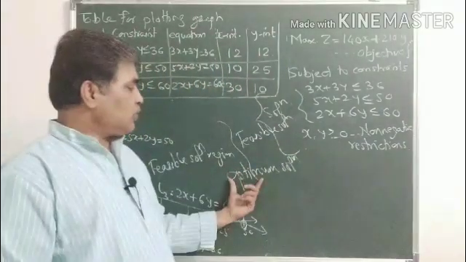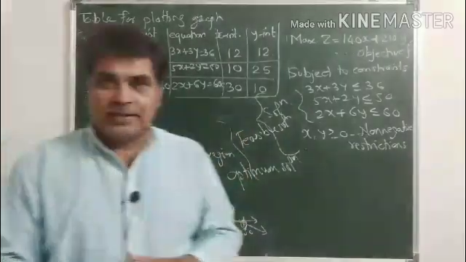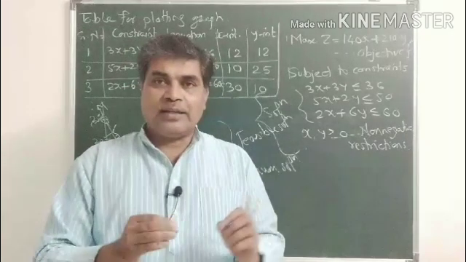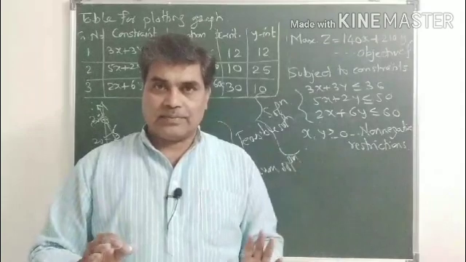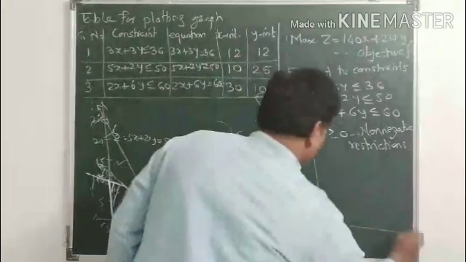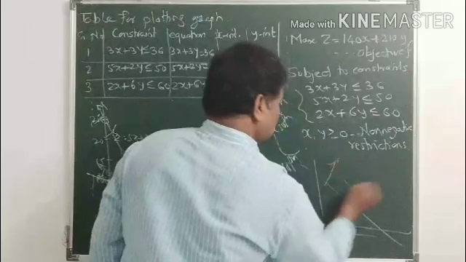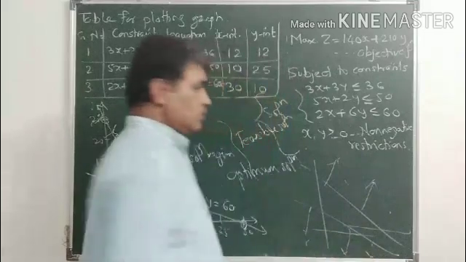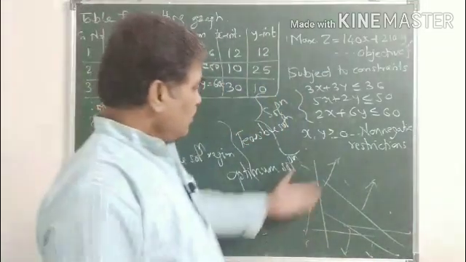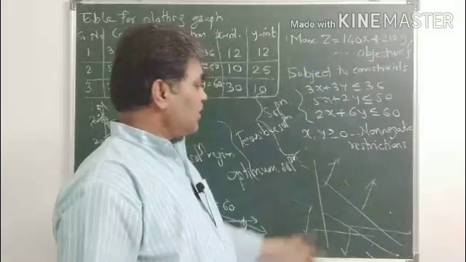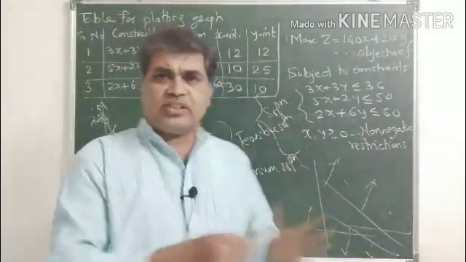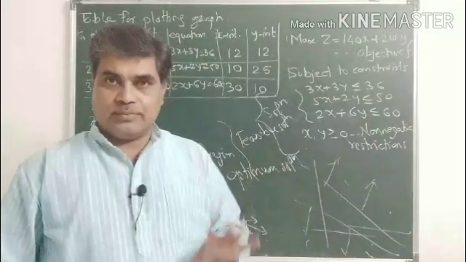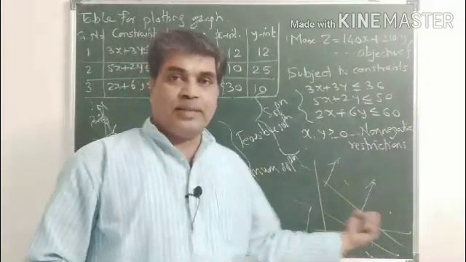This optimum solution may contain just a single point, it may contain infinitely many points, or it may not contain any point. Suppose I have one inequality that gives this region here and another inequality gives this region here. Two inequalities are given: for one inequality the region is here, for the other it is here, and x, y are greater than or equal to 0. So there is no intersection in that region, which means in that case we will not get a solution region. So the solution region is an empty set there.